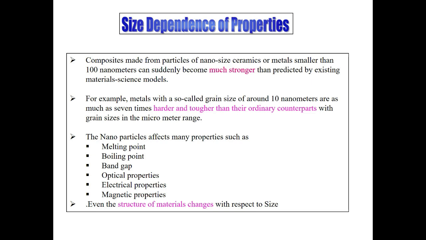Molecular scale conversion means what? Just take for example calcium chloride reacting with ammonium bicarbonate, and if the reaction proceeds under some interference with the help of a matrix mediated growth technique, the rate of reaction is slowed down, and because the rate of reaction is slowed down, the size is in the nano range, and that reaction forms the product calcium carbonate. The formation of that particular nanomaterial, calcium carbonate, is a conversion at molecular scale. These are the two ways.